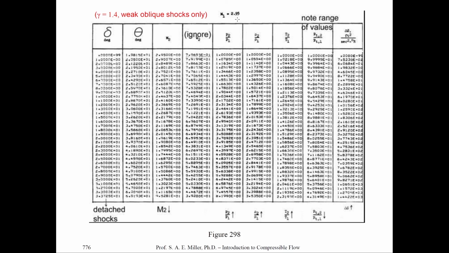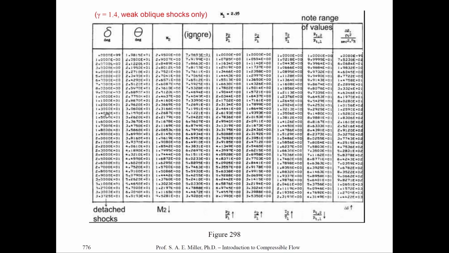In the columns, we have our particular values, of course. We have the deflection angle in the first column, the wave angle in the second column, the Mach number after the oblique shock. We'll skip this column for now. And we'll have the pressure, density, and temperature rise across the shock. The ratios of P2 over P1, rho 2 over rho 1, and T2 over T1. And of course, we'll have ranges and losses of the total pressure, and we'll have a delta S, that's the